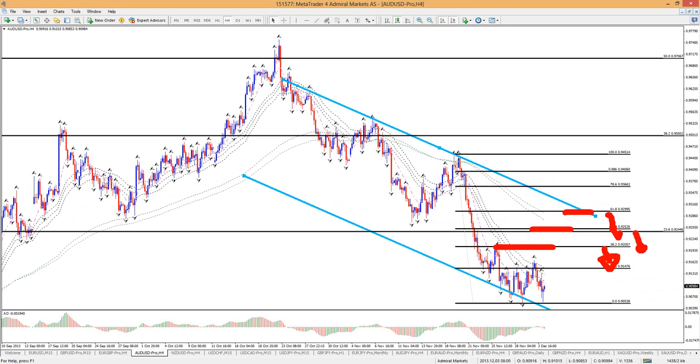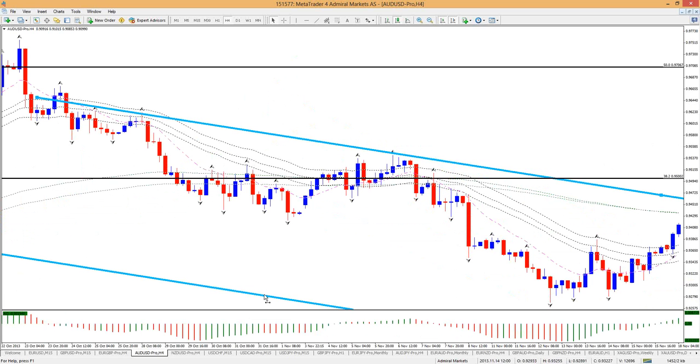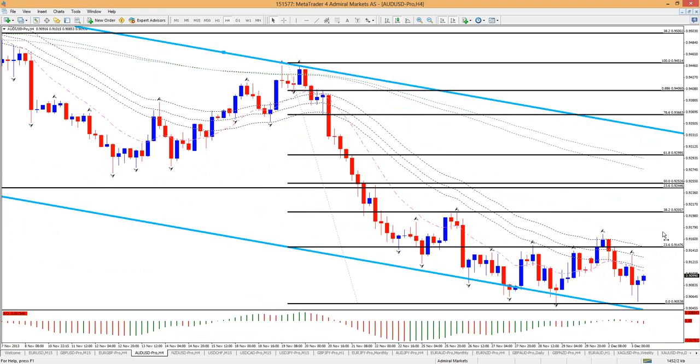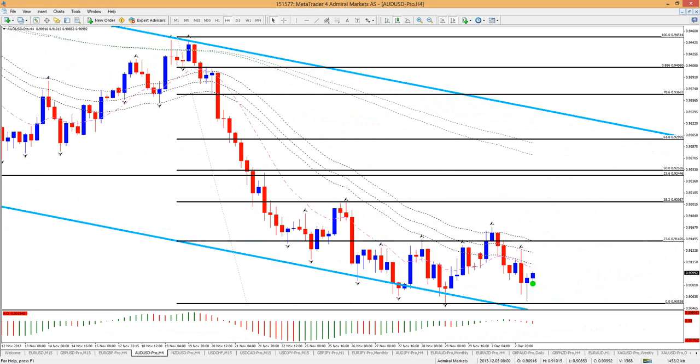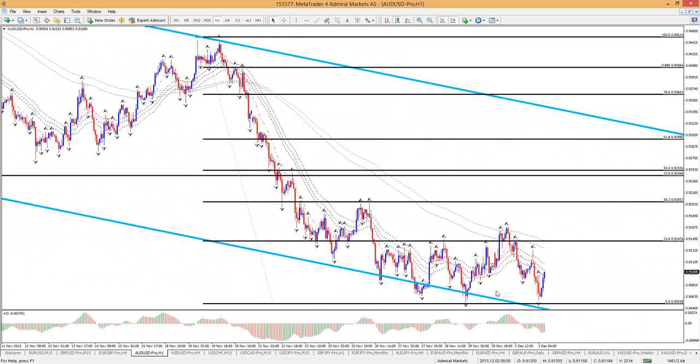Now, how about if we don't retrace up to those levels? It's possible we might fall immediately, in fact. You never know, so we have to look at that as well. Let's take a look. We do have a bullish price action signal, so there is a decent chance of moving up, but it might move up here and then fall again. So how to tackle any downside continuation, I think we have to look at the 1 hour chart even.